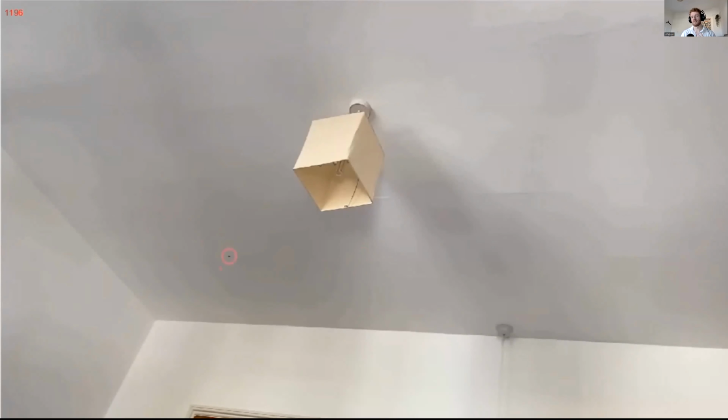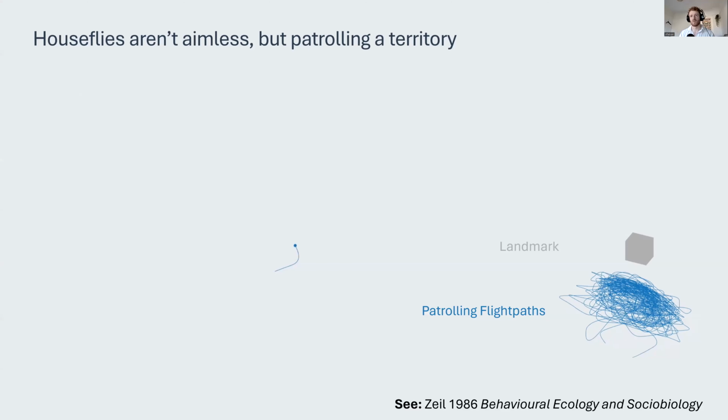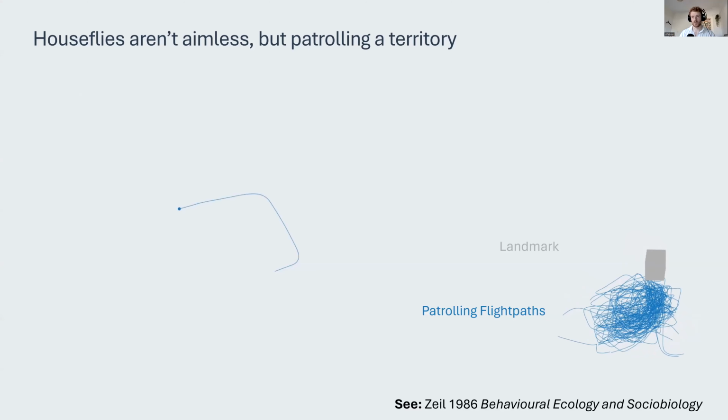And it's cruising around a lampshade. This is actually something you see a lot in pubs. You see it anywhere where they've got an open door or an open window. You get these flies collecting underneath a central lampshade and hanging around waiting for a female. And they look like they're just aimlessly flying around. But it's actually a very tightly controlled territorial patrol.